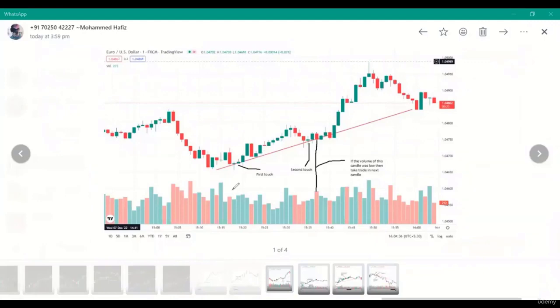So this is the first point and the second point is this one. When you draw these two points, there is another point already here, which is very near to the support. So the first point you take this one, the second point this one, and now the third point you have